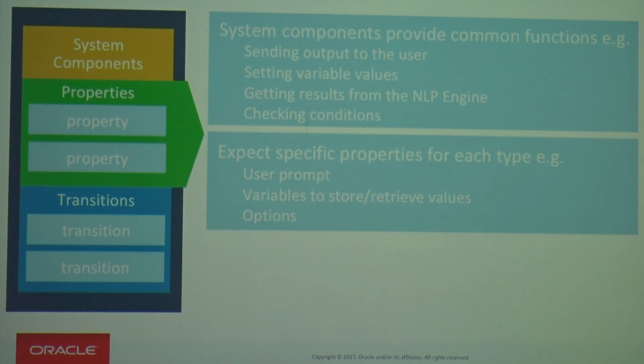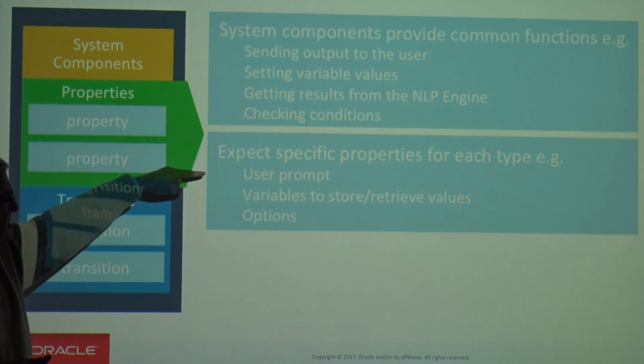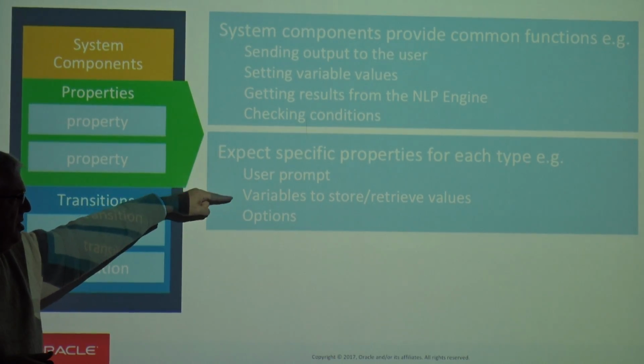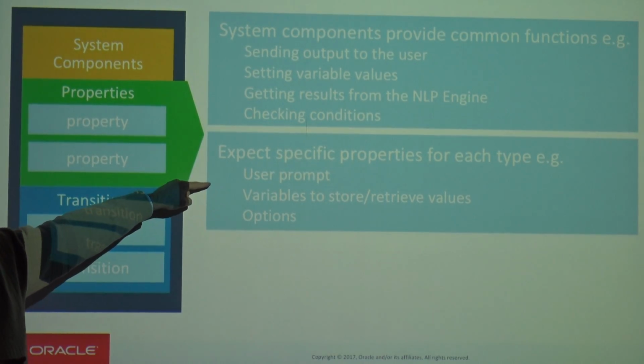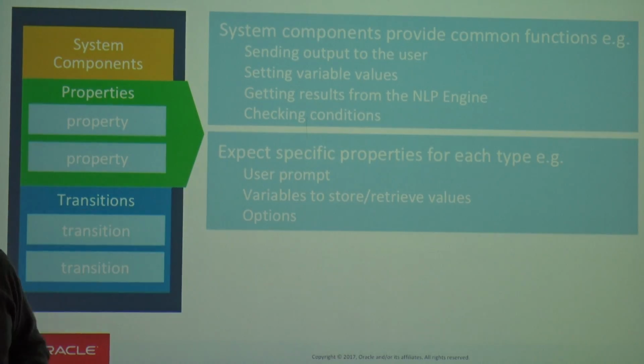So when we look at a system component, as I said, it has a number of properties like the prompt, and where we're going to store a variable. Now that's important because of the flow. So remember I was telling you about the idea of the conversation flow being a ball? And we had A, B, C. How does it know if I've said